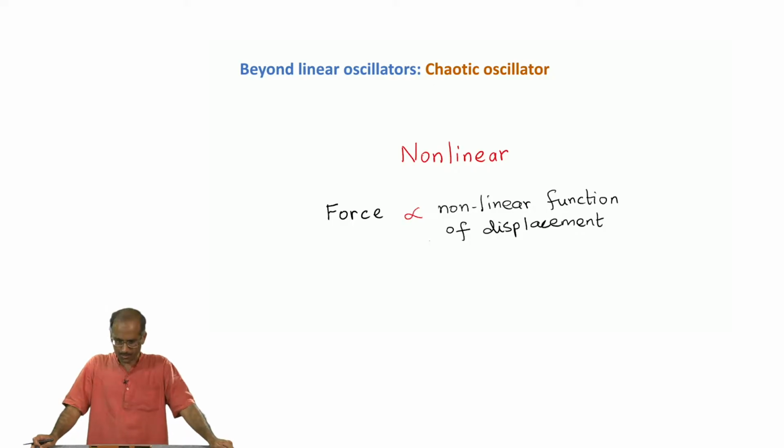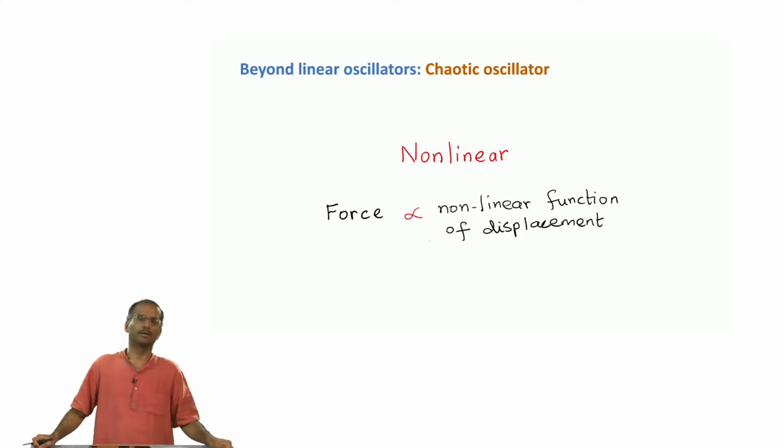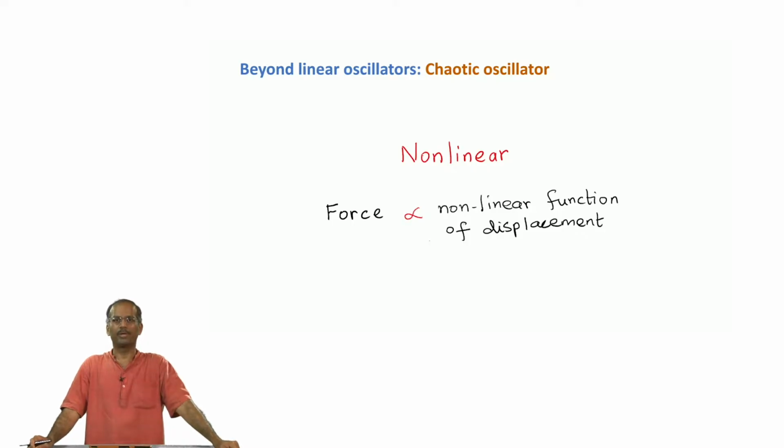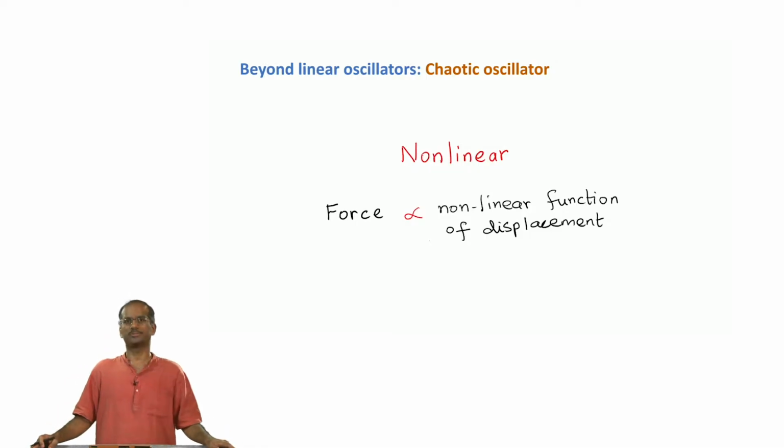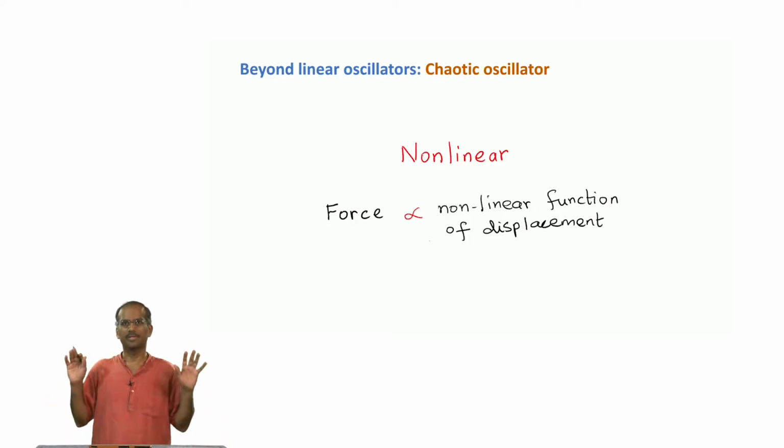In this class, we are going to look at a chaotic oscillator, or more specifically one particular model of a chaotic oscillator. So, again the broad theme of this week is nonlinearity, in the sense that we are going to really come out of the linear regime. By nonlinearity, I mean that the restoring force is some nonlinear function of displacement. We somehow came back to putting in those approximations which essentially would make the system linear, or in other words equivalent to saying that the restoring force is proportional to displacement.